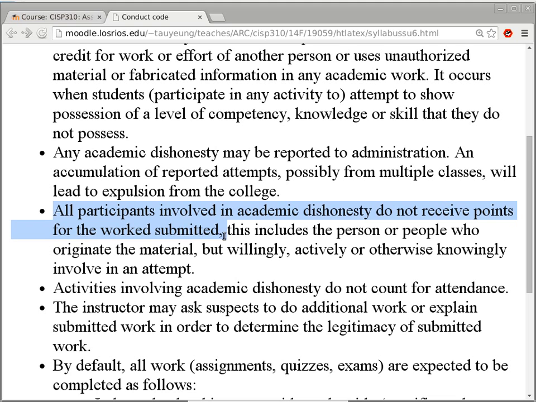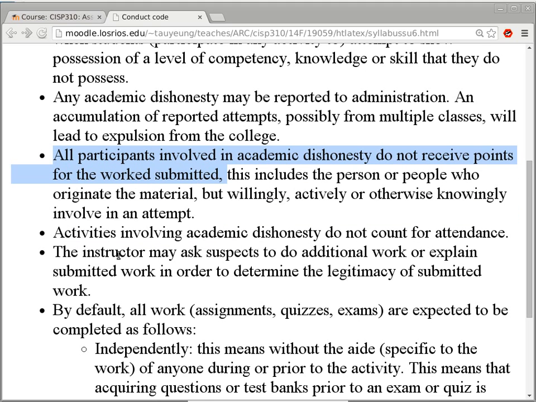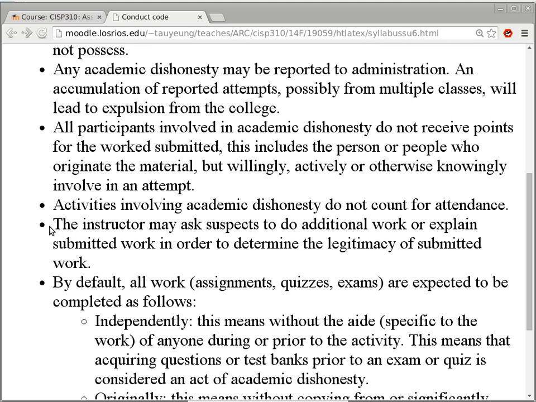Okay. Activities involving academic dishonesty are not going to count for attendance. The instructor may ask suspects to do additional work or explain submitted work in order to determine the legitimacy of submitted work. This one is here because in one semester, way in the past,